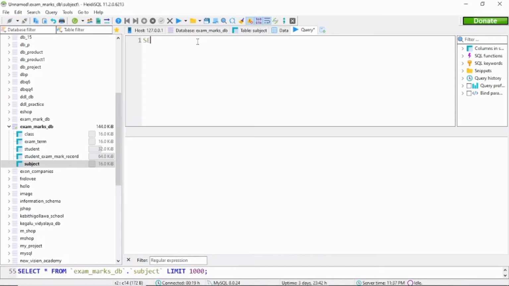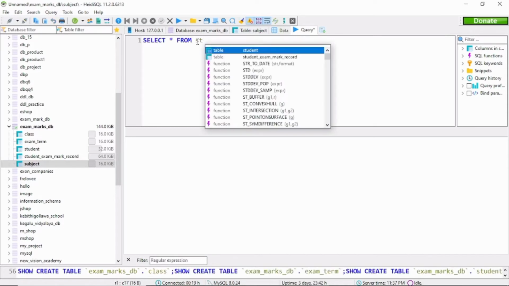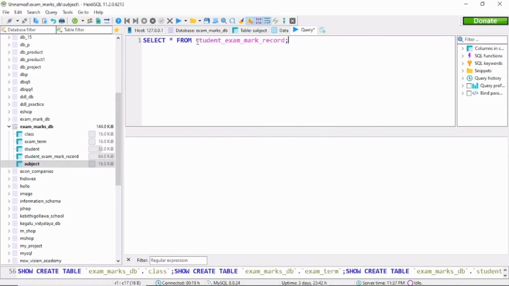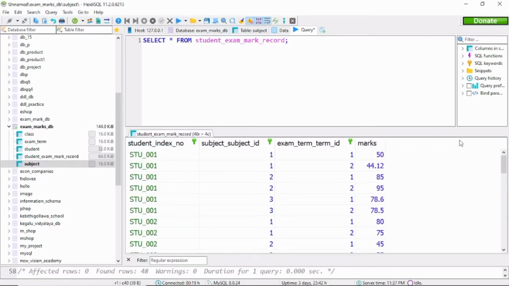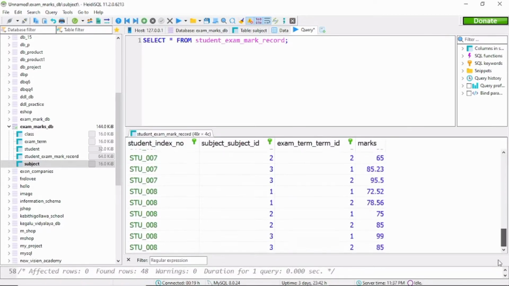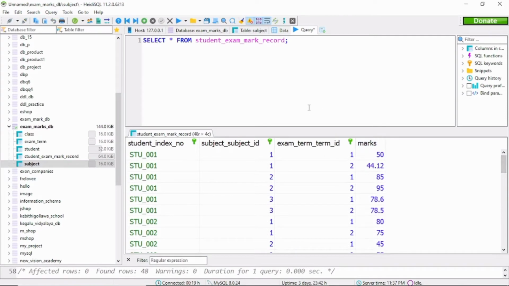First of all, I'm going to select asterisk from the student exam mark record table. So I'm executing this. These are the details from the student exam mark record table. For answering this question, I'm going to use inner joins. So with the usage of inner joins,